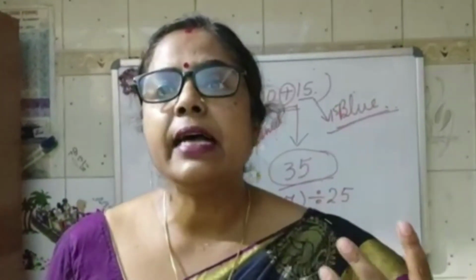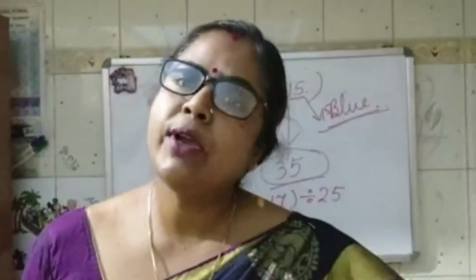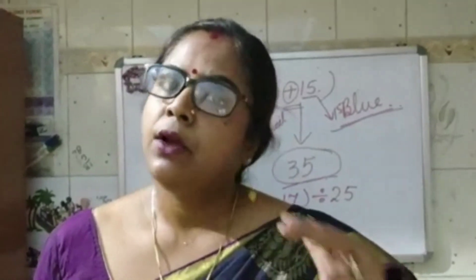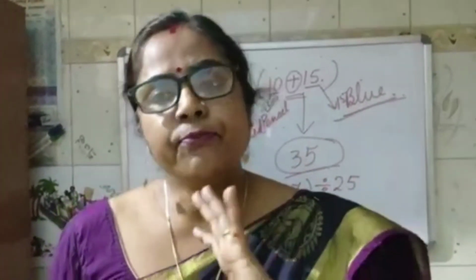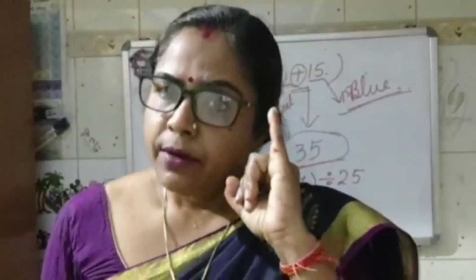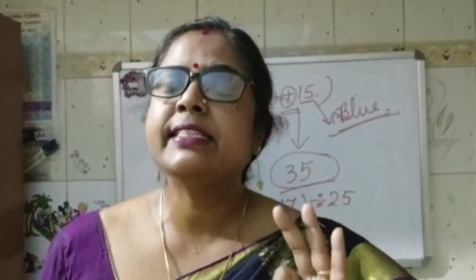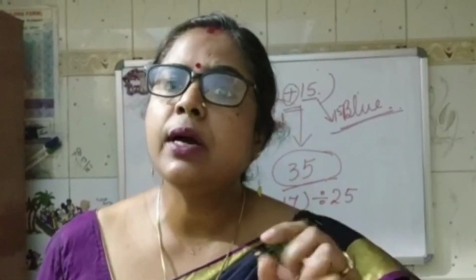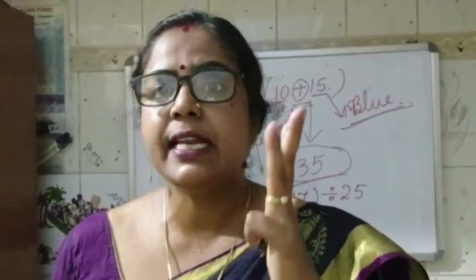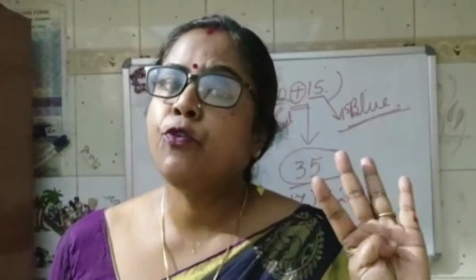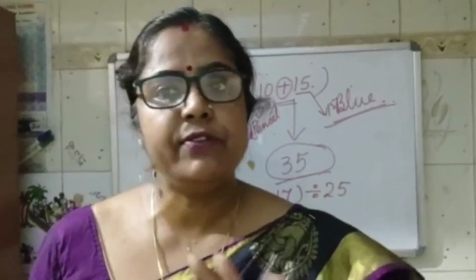So if anybody will ask you 14 threes are, quickly you can give the answer. Okay, so 14 threes are 42. You don't have to count on your finger. Fast answer. So to excel in your maths, you have to learn the tables, and do the practice of multiplication, division, addition and subtraction. These four operations are the basic operations, which is clear to you. We have explained everything to you.